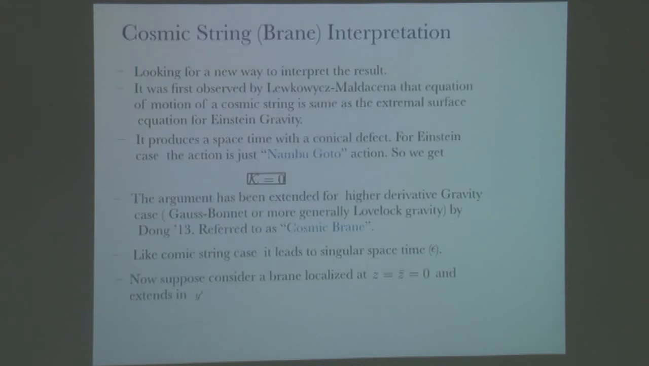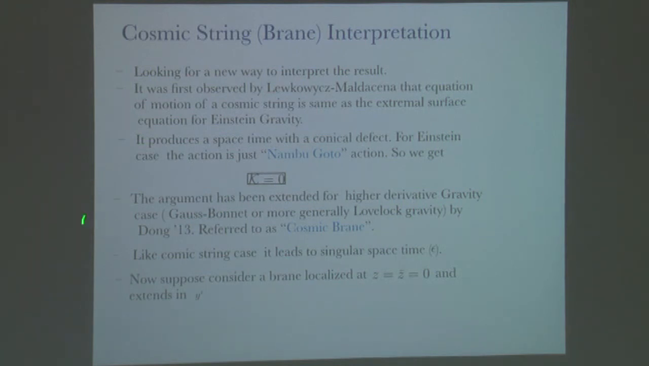So, one interpretation I will briefly mention has been pointed out by Lewkowycz and Maldacena: this extremal surface equation for Einstein gravity is the same as a surface equation for a cosmic string which sweeps through spacetime. We know the action is just the Nambu-Goto action, and we extremize it and get the trace of the extrinsic curvature equal to 0. And Dong has actually extended this argument to the higher derivative case,